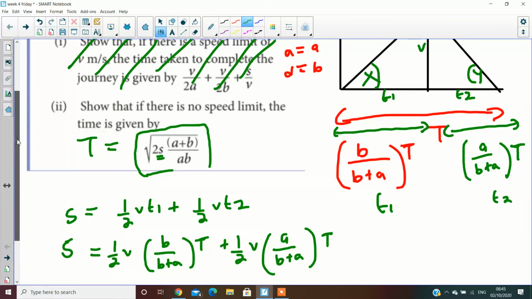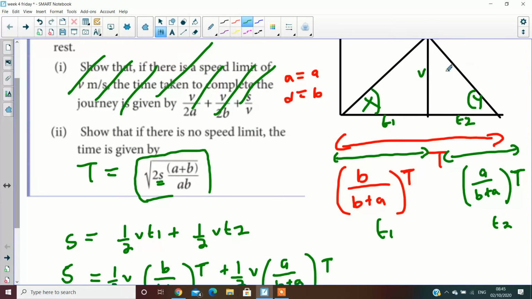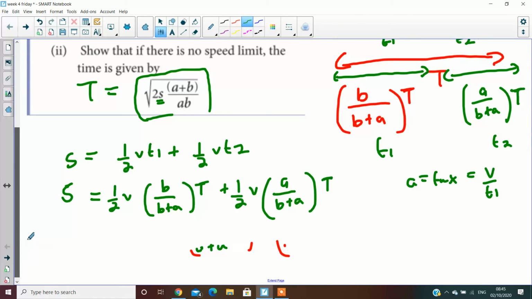So, let's get it really carefully. Acceleration equals tan x, and tan x equals V over T1. Is that all right? Tan x therefore equals V, therefore V equals A T1. Is that all right? Is everybody happy with V being equal to A T1? Okay. Now, if V equals A T1,